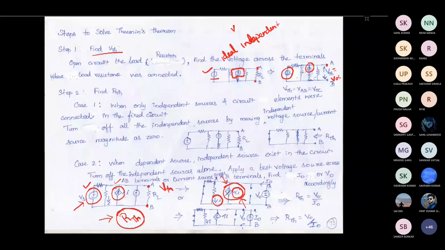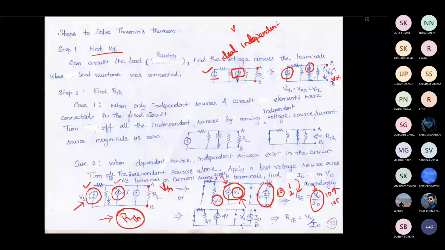So what we are going to do is apply a test voltage source across the load terminals. This voltage can be 10 volts, whatever value you feel you can take, because this is a linear circuit. Since it is a linear circuit, you can consider this as 10, or you can consider it as 1, or as 2 or something. Depending on what voltage you give, accordingly your current will change. So once you take the ratio of voltage and current, this RTH will remain constant. If your voltage is higher, your current also will be higher. If your voltage is lower, your current also will be lower. So when you take the ratio, your RTH is going to remain constant.